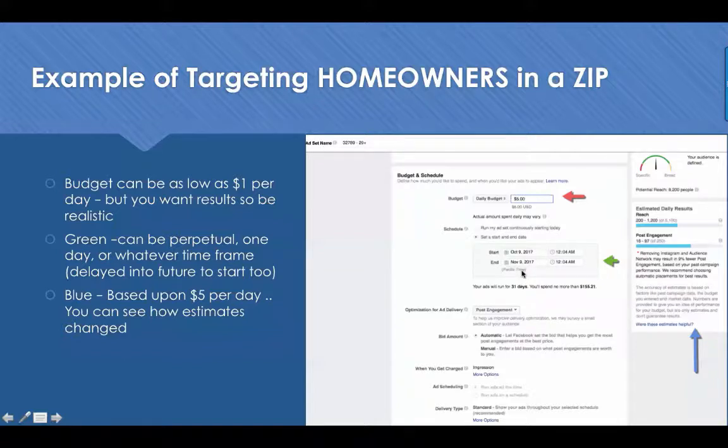If you're logging in on the East Coast, it might show East Coast times. So we're going to do one thing, the budget. How long is it going to run? When's it going to start or stop? We're going to leave the rest of this alone.